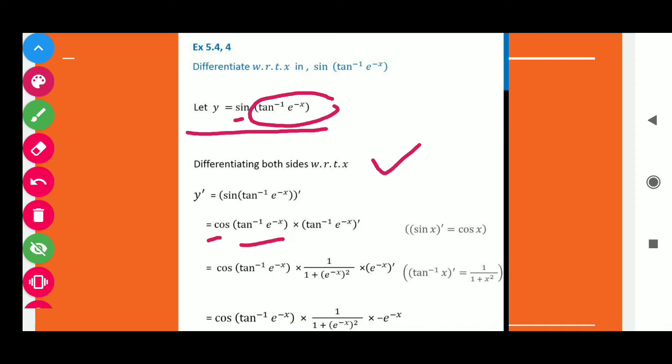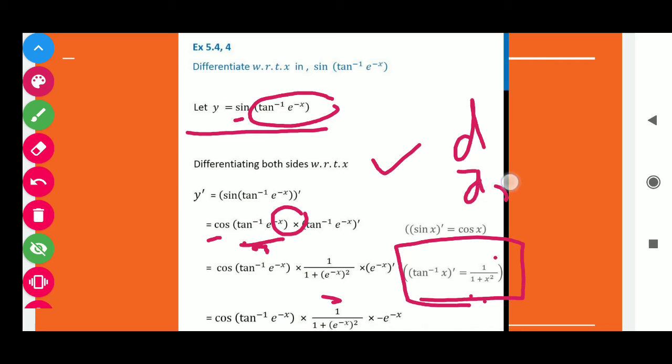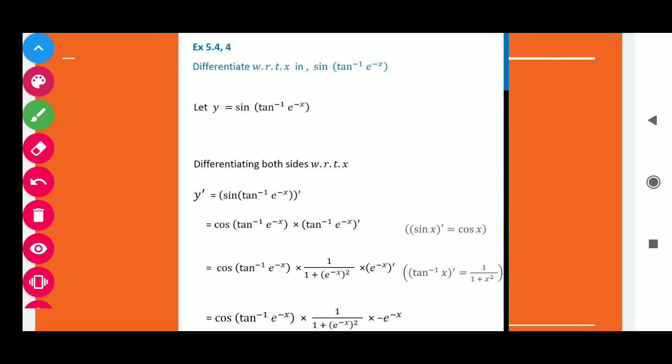The derivative of tan inverse x is 1 over 1 plus x squared. You can see here. In this way we will write here 1 over 1 plus the angle squared, where the angle is the exponential. So students, in place of the angle you will put the exponential e raised to power minus x. And derivative of e raised to power minus x is as it is because derivative of exponential is same. Now power is negative, minus x, and derivative of minus x is minus 1. So students, in this way we have calculated this.